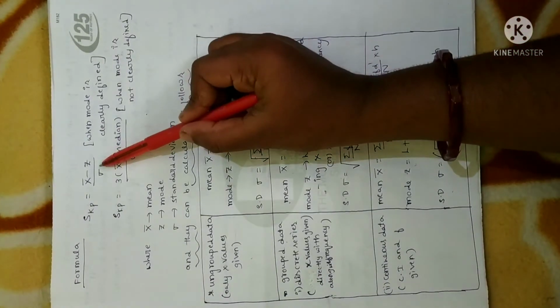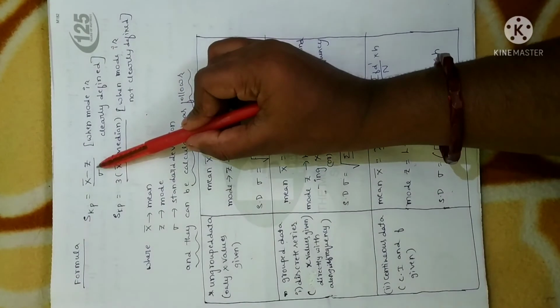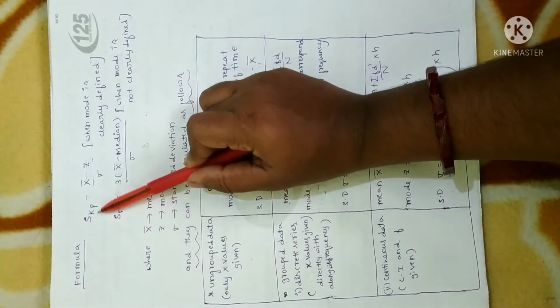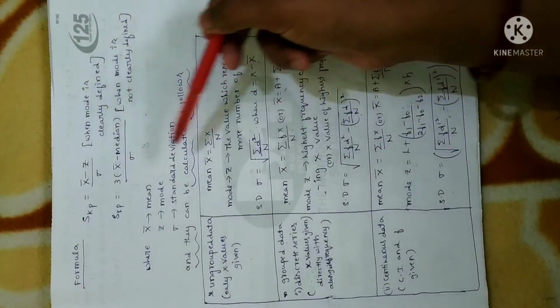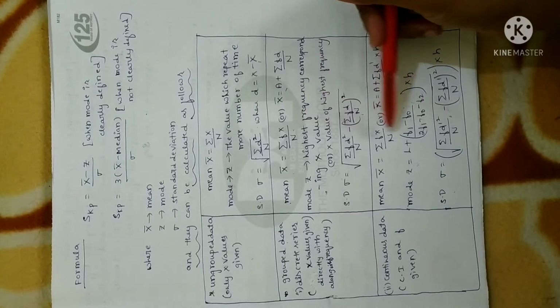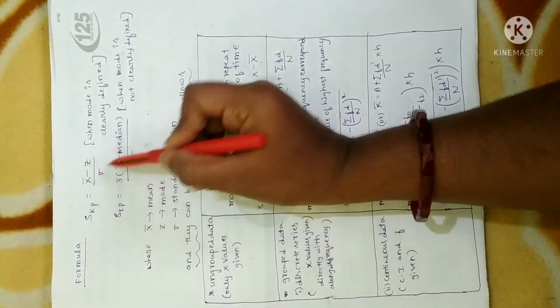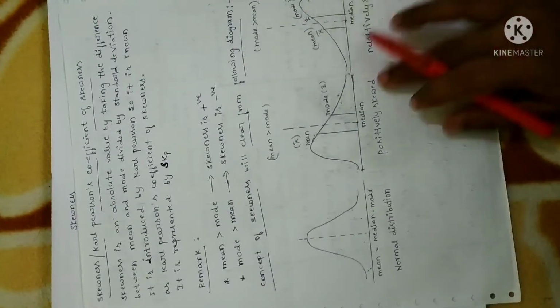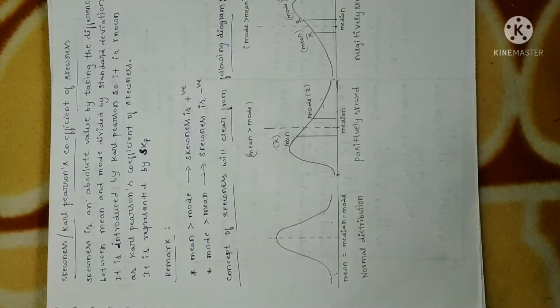So we are going to calculate the skewness, that is Karl Pearson's coefficient of skewness, SKP, in this session. Anyhow, you have to remember this formula list, and we already know all these formulas. The only thing is you have to remember these two formulas. Hope it is clear. So the concept of skewness is clear for you. Now let me solve problems based on it.